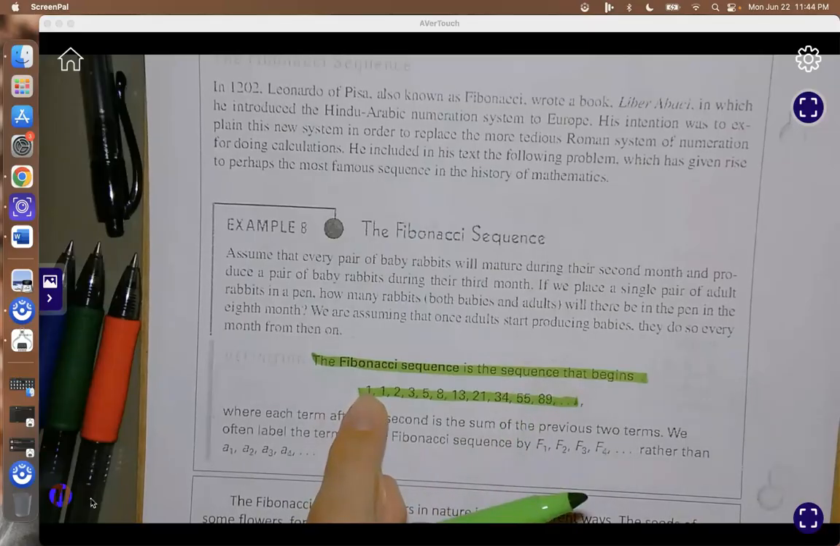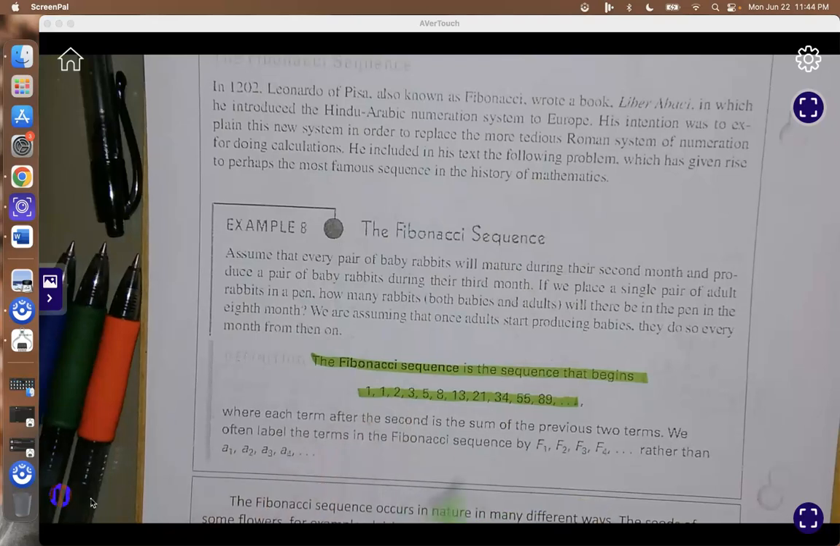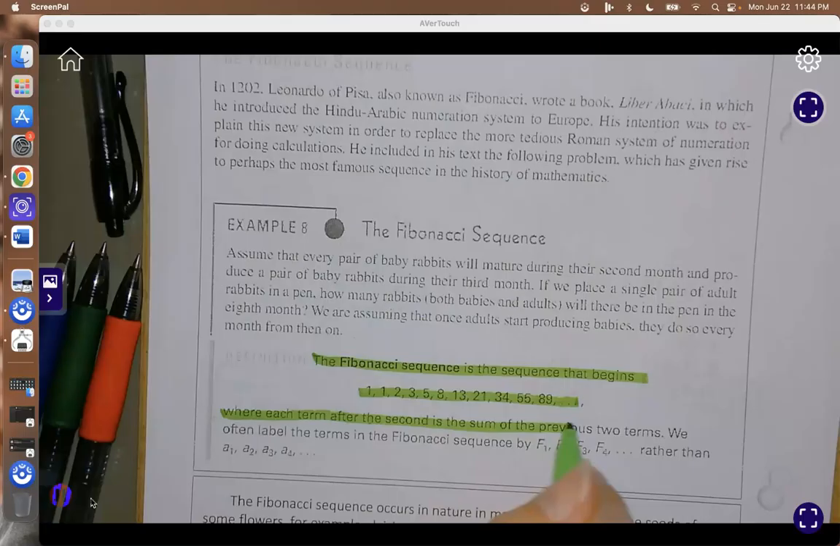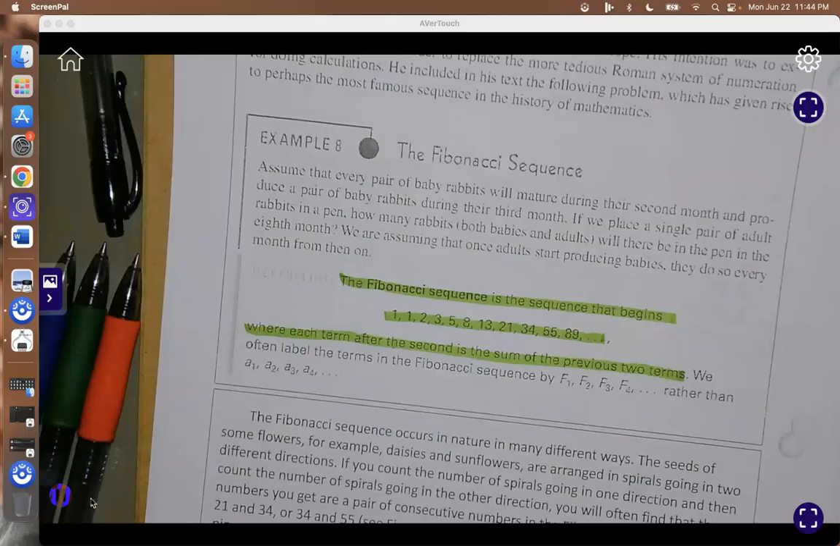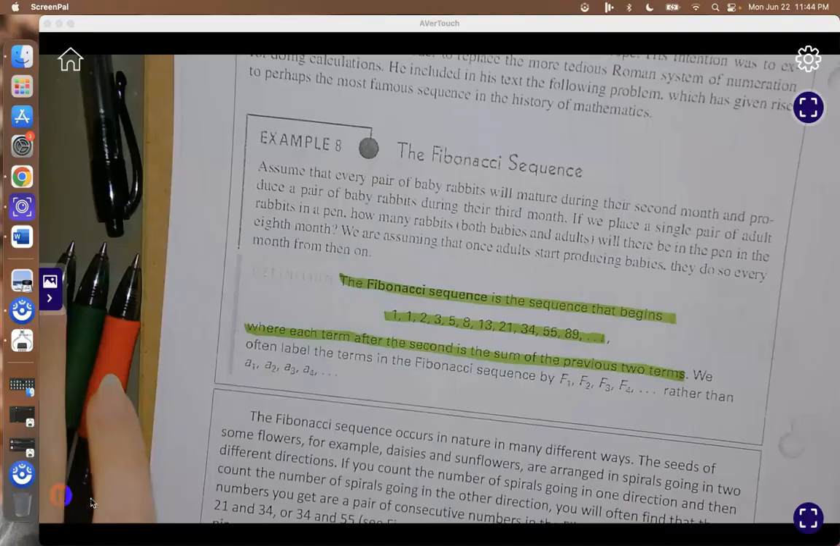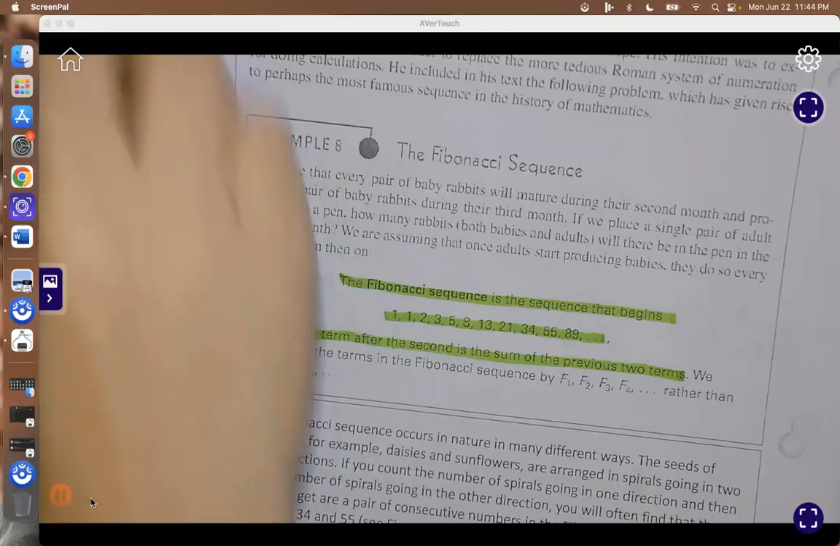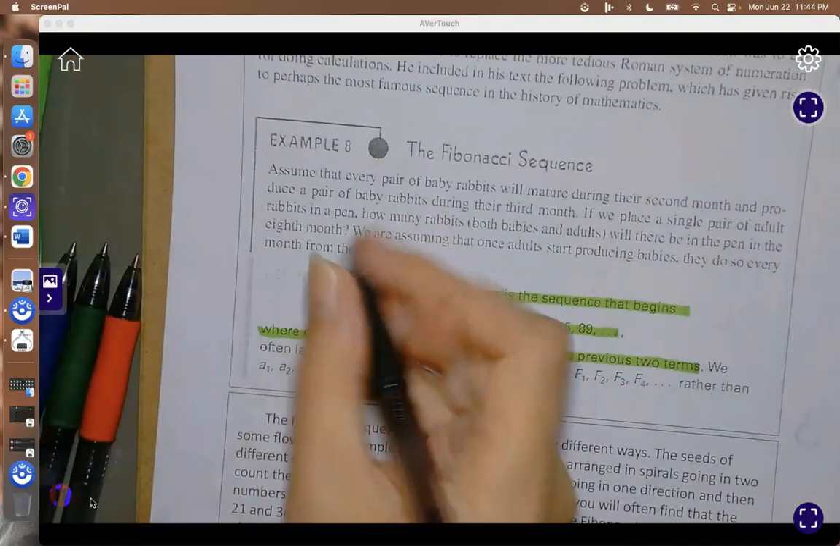So you could take 1, add the number previous to it, which is nothing, and get 1. Each term after the second is the sum of the previous 2 terms. Okay? So we often label the terms in the Fibonacci sequence by F1, F2, F3, F4, rather than A1, A2, A3, A4. Okay, so the type of problem you would see with this